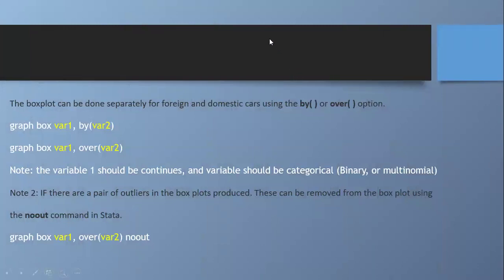I want to remind you that there is less than 1 minute remaining to end the meeting. If the meeting ends, use the same link